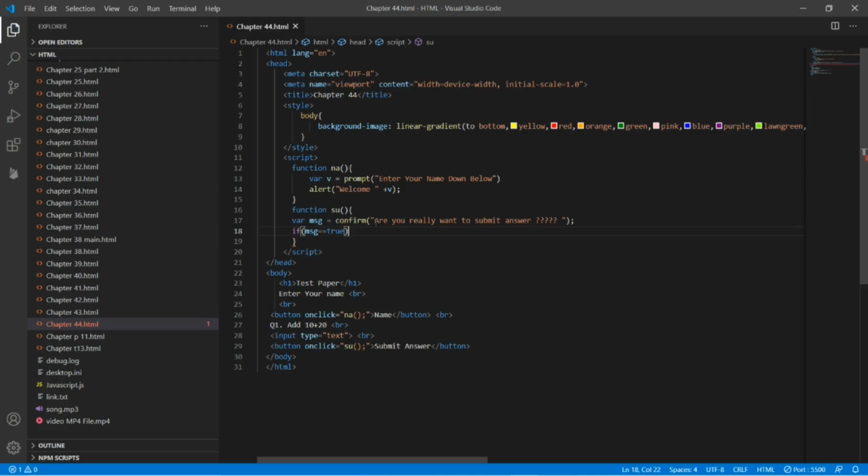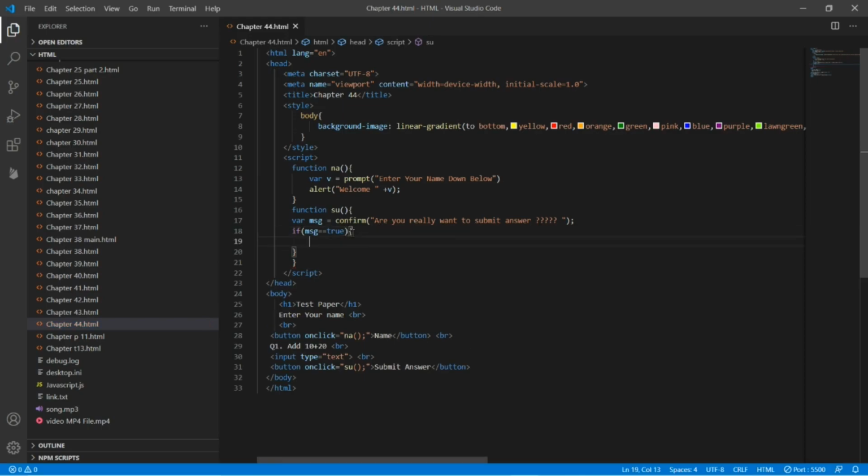So when the user of our website fills the answer, and when he clicks on submit answer, and then there will be a warning which says do I really want to submit answer, then this function will run, and when he clicks on OK, then it means it is true. Then you have to type here curly bracket, and what you have to do is to create a var here inside if. You can also create a var inside if. So type here var and name your var as B, and